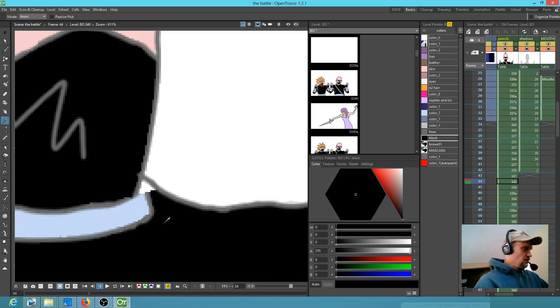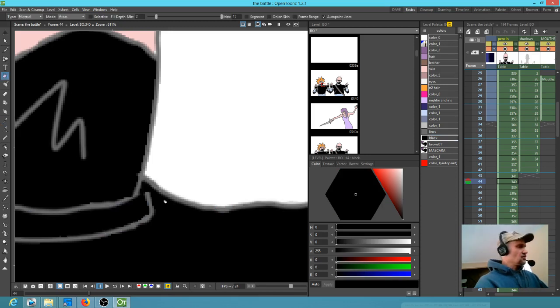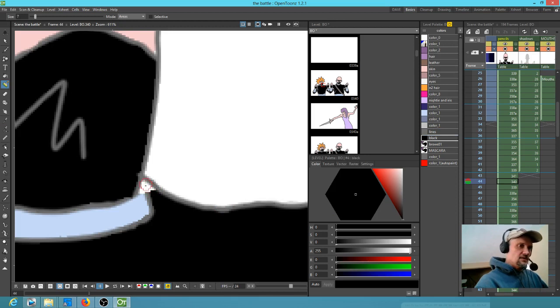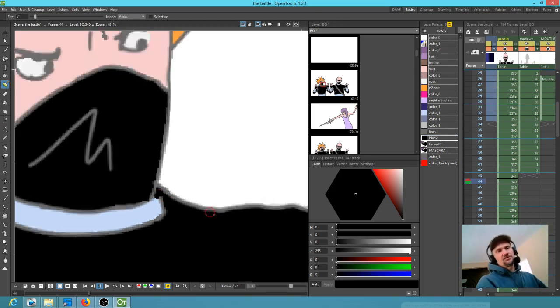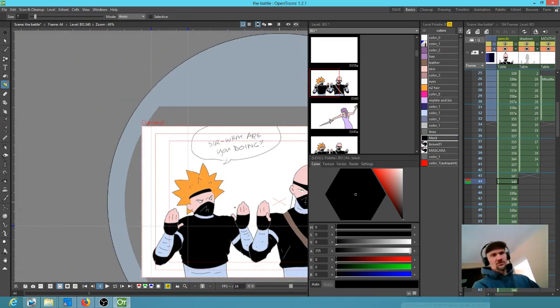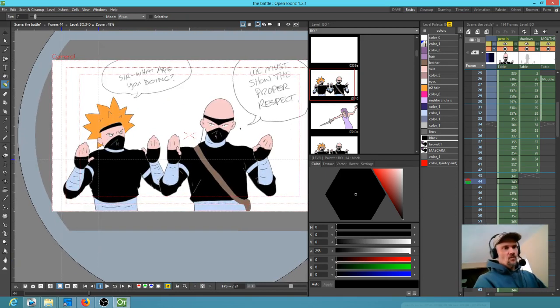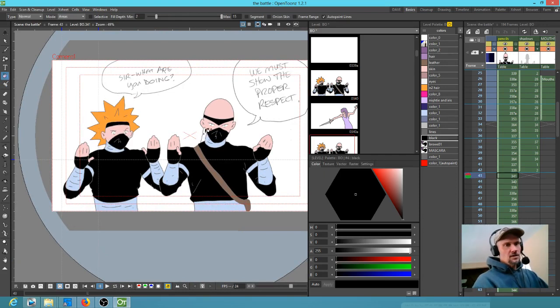K key to sample that color so that I can then do a fill operation there. That was not the right thing to do. I should use the paintbrush, so I have more control. And it looks like we also need to fill this. And I wonder about, yeah, actually,